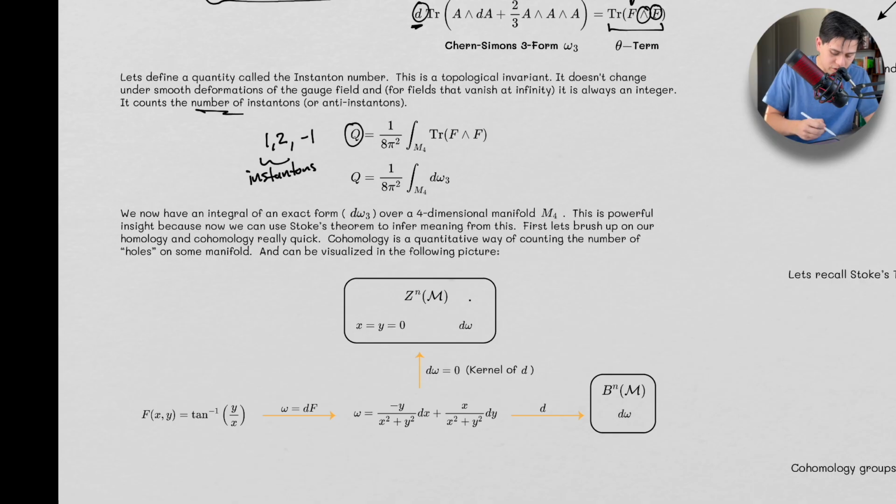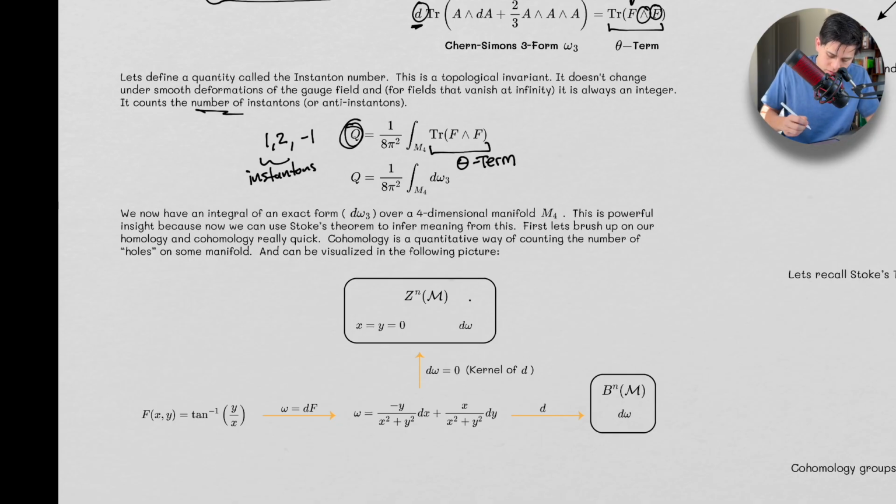This number is going to count the number of instantons, right? So we have 1, 2, 3. I won't get too far ahead of myself here, but we're defining this thing. It counts the number of instantons. If it's negative, it's going to be an anti-instanton. And this is the theta term, right? This here is the theta term,